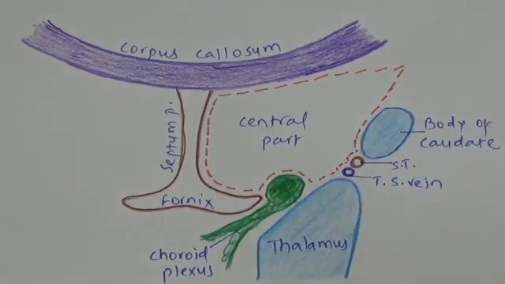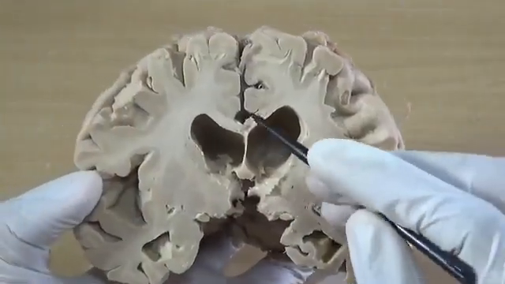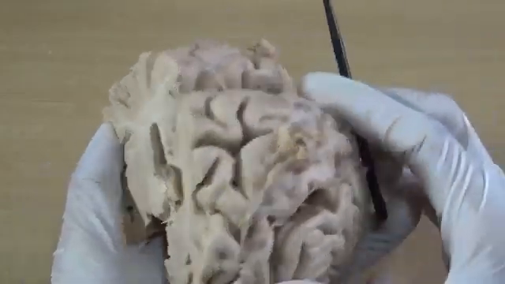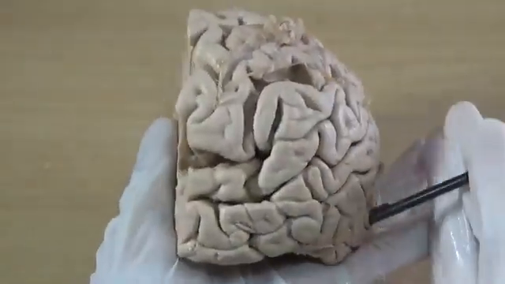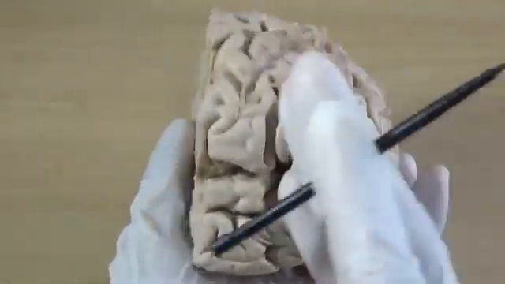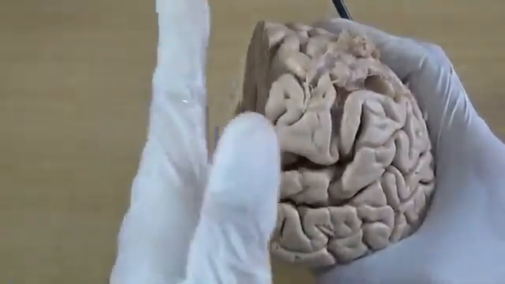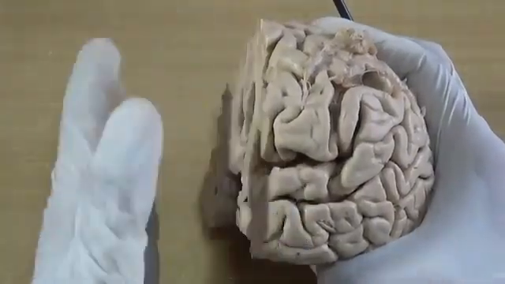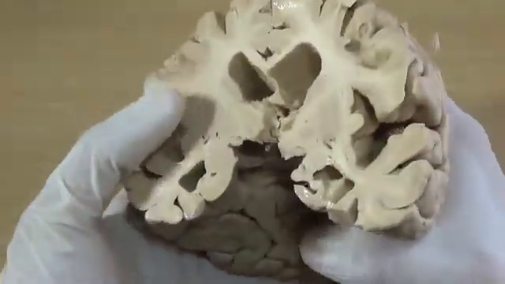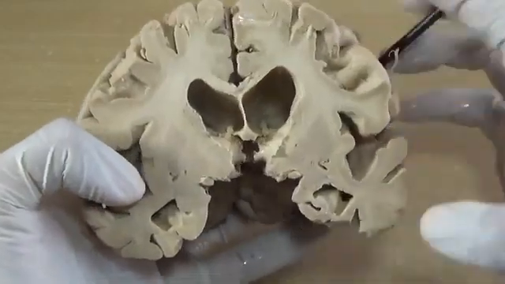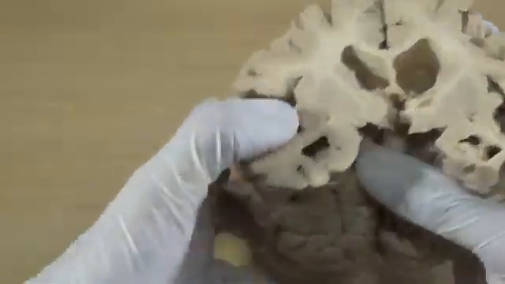So these are the boundaries of central part. Now again in this coronal section, this was the posterior half. Okay, this is the occipital pole. So this is the posterior half. Now if you want to see the anterior part, and if you want to see the anterior half from behind, how the central part of the lateral ventricle looks like, so again we need to cut another